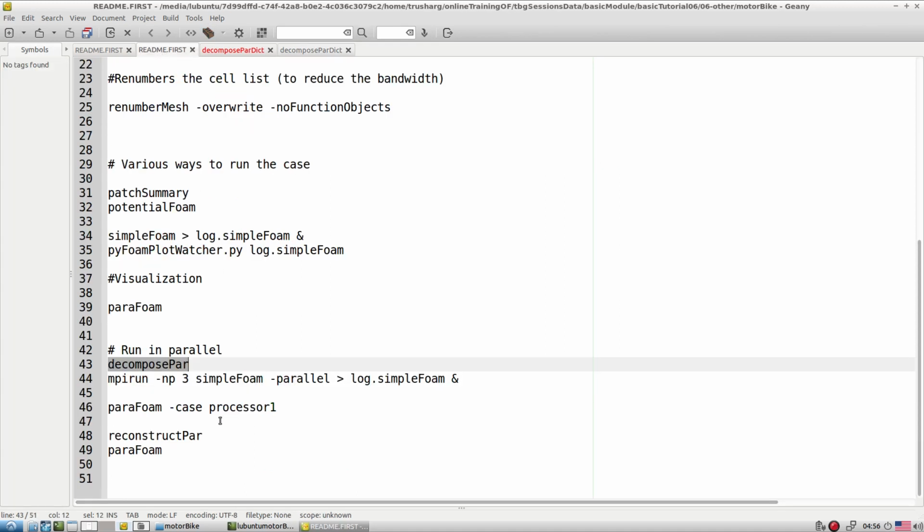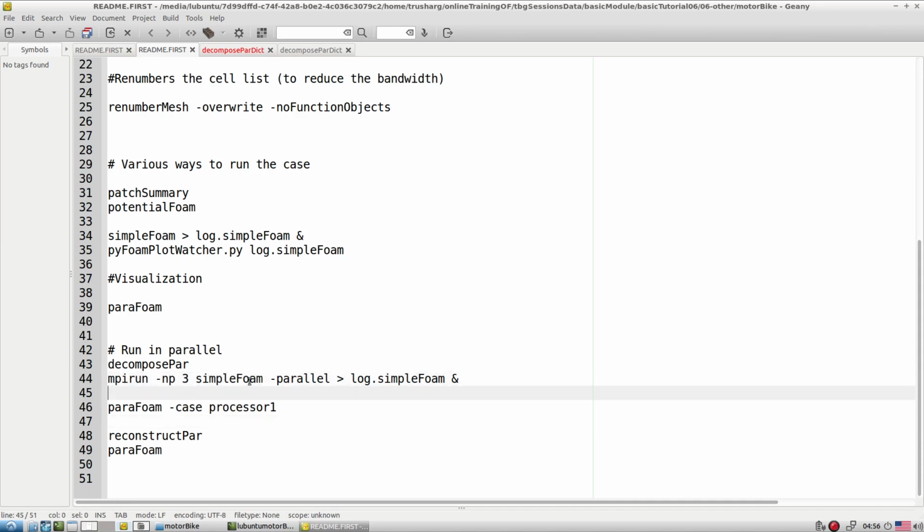After you finish the decomposition, start the simulation with the help of mpirun, specifying the number of processors and the application. This is very important. If you don't give this flag -parallel, it is going to run in serial, with the same simulation running 3 times.